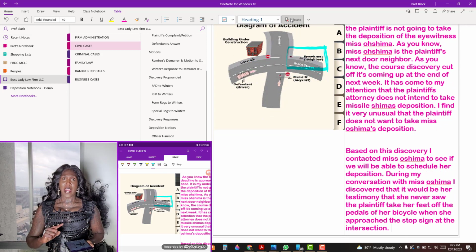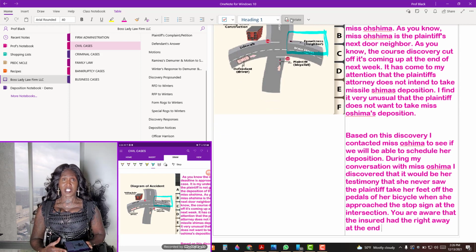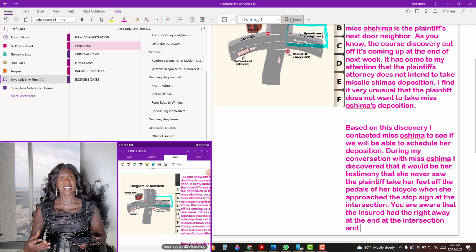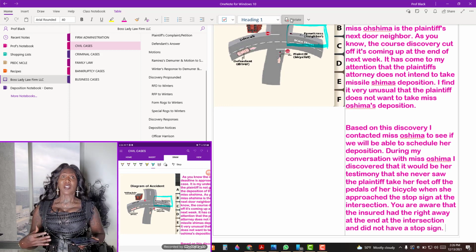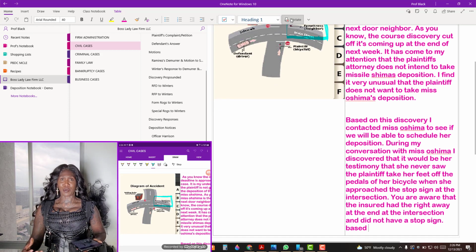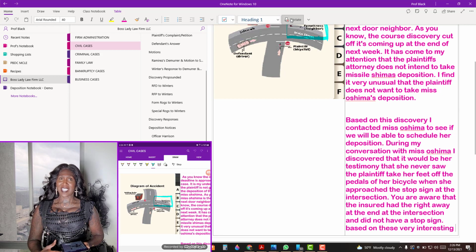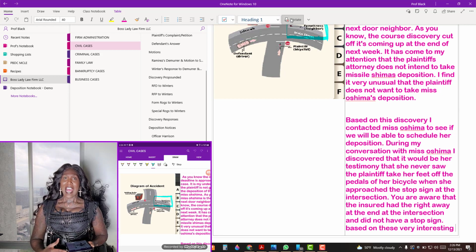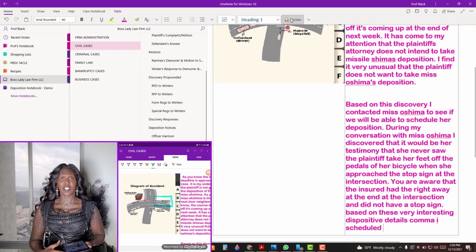You are aware that the insured had the right-of-way at the intersection and did not have a stop sign. Based on these very interesting dispositive details, I have scheduled Miss Oshima's deposition,